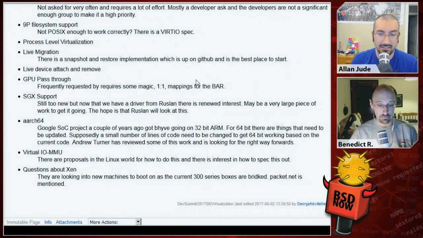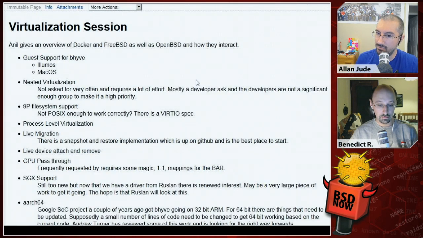They talked a bit about Xen, but one of the most interesting parts was there were 2 developers from Docker who had mostly been working on the OS X port of Docker, but one of them was an OpenBSD advocate and kind of explained to us in the new world of Docker, which is very different from the original world of Docker, they've abstracted away a lot of all the Linuxisms and broken it down into a number of different smaller daemons that provide the various bits that it required to do Docker, and how we could provide those bits in a FreeBSD specific way without having to worry about Linuxisms and so on,